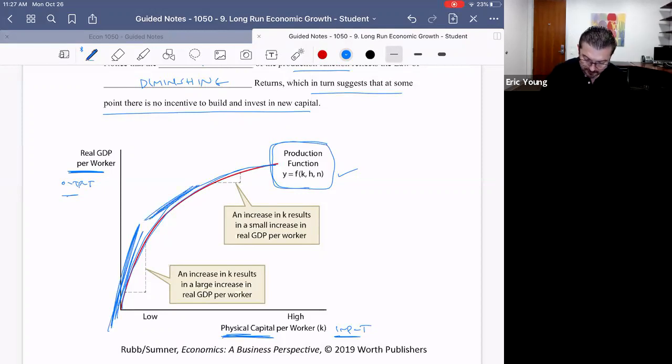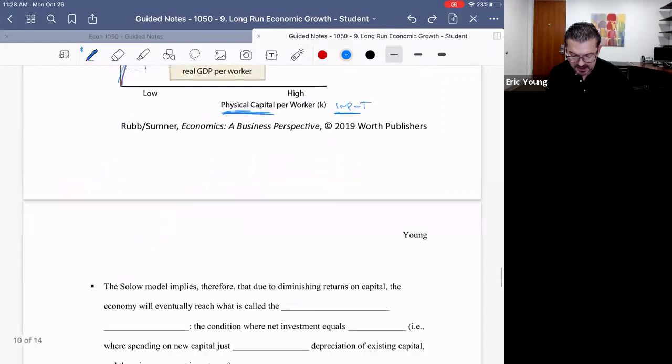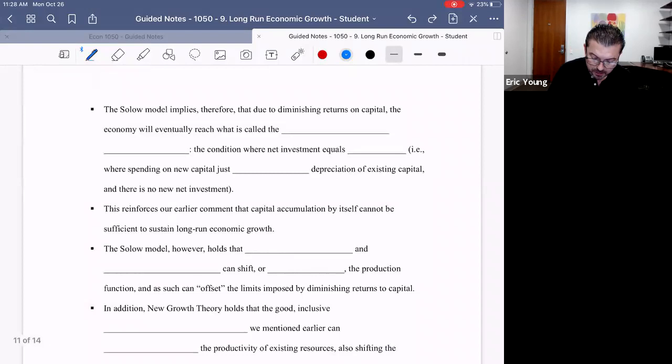But as we go farther and farther along, as we add more and more physical capital, we see that real GDP per worker starts to flatten out. We see that the slope starts to flatten out. That slope, my friends, simply represents the law of diminishing returns, okay? To synthesize this with earlier stuff, what our Solow model implies then is that due to diminishing returns on capital, the economy will eventually reach a condition that we call